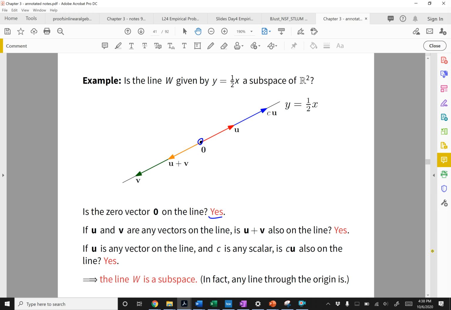If u and v are any vectors on the line, is u plus v also on the line? Yeah. If we take any vectors from the origin out on this line, no matter where we go, and we add them, we're still going to end up on the line. The one example they've done here is there's u and here's v. If we take this u, put it at the end of v, you get to this point, and that point is still on the line, so you can draw a vector from the 0 coordinate to that point, u plus v. So check. And if we scale a vector,